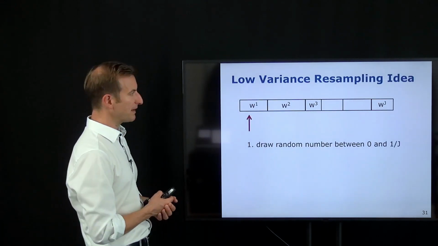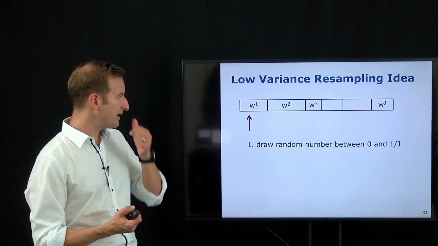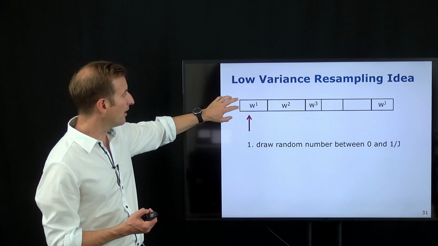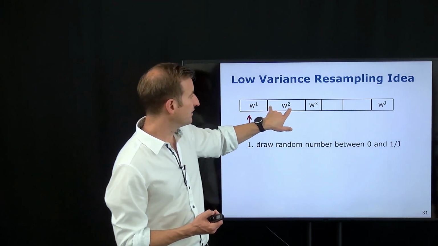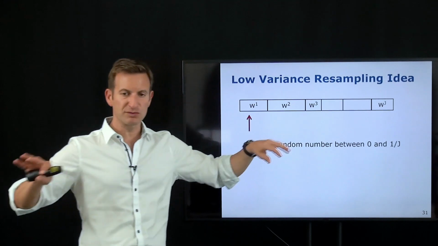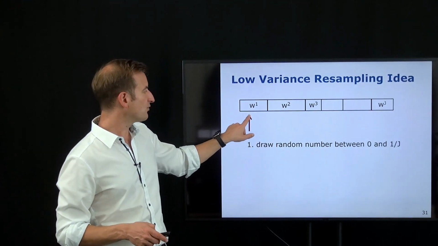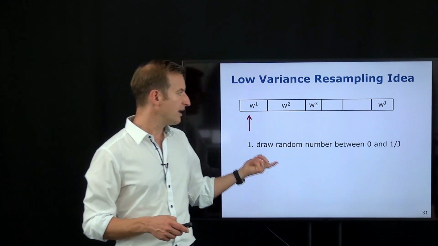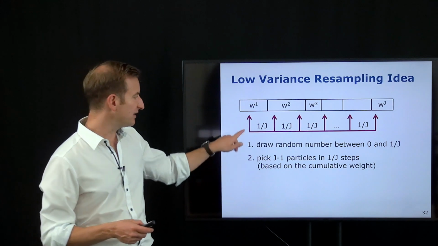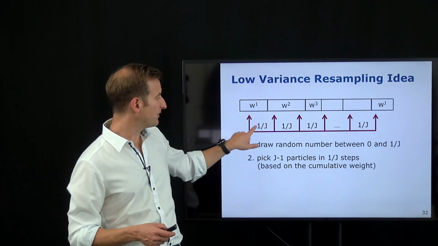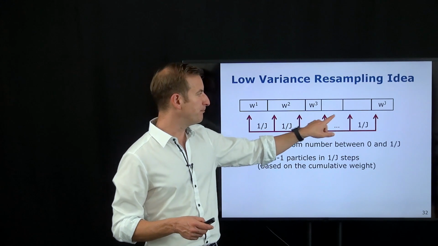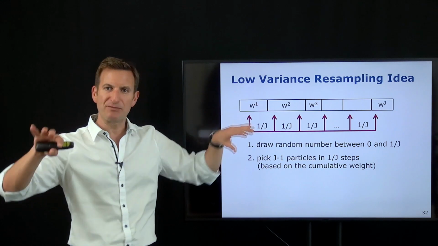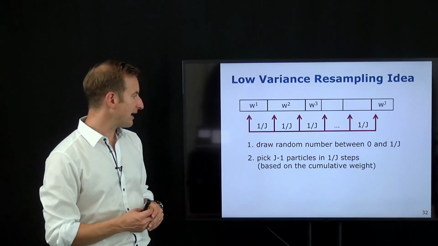So how would we implement that? We can actually implement this quite efficiently. So consider that we have our particle set, and the size of these are basically the unfolded roulette wheel in this example. I draw the first random number, and then I want to advance to the next sample in a distance of 1 divided by j. So I have a spacing of 1 divided by j, and I'm basically picking the buckets where the arrow is pointing to. This is basically the unwrapped roulette wheel, turning the wheel into a straight line.